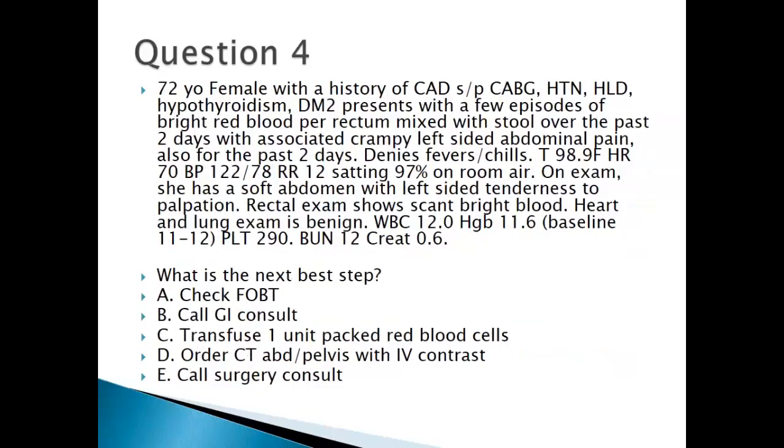Two more, I think. Who wants to do one? 72-year-old female with a history of